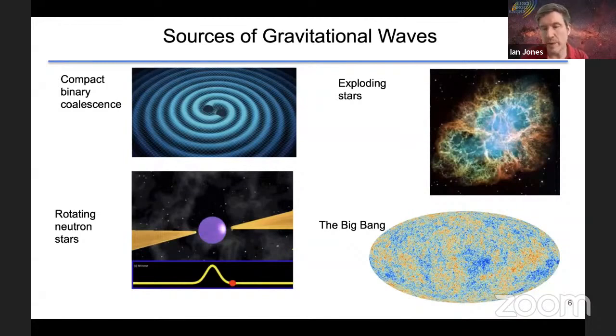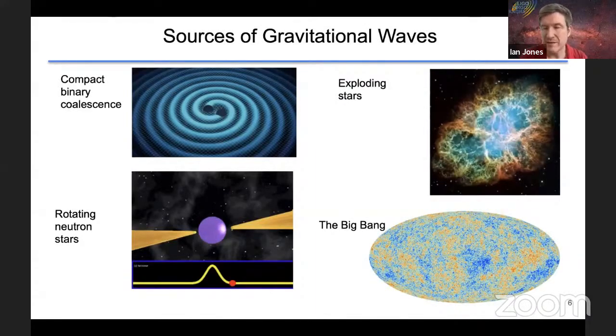If you look at that top right picture, that's the picture of the aftermath of an explosion. This is when a star has reached the end of its life. Its outer parts have exploded, but its inner part imploded. This happened back in the year 1054, and we think even Chinese astronomers saw this happen. When the core of the star collapses, you could get some strong gravitational waves from that supernova core collapse. So we've not seen that, but we'd be interested to see that.